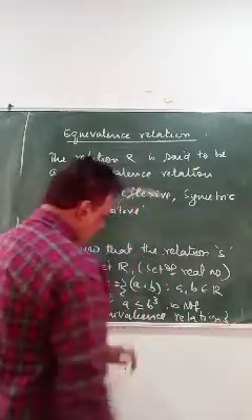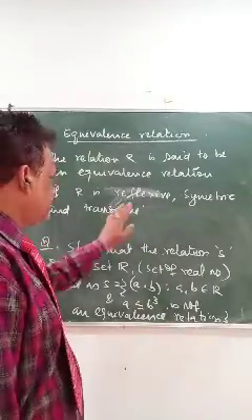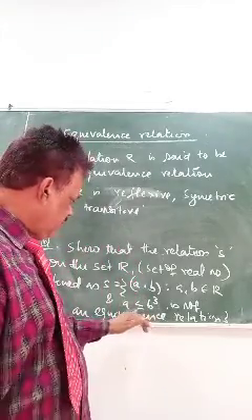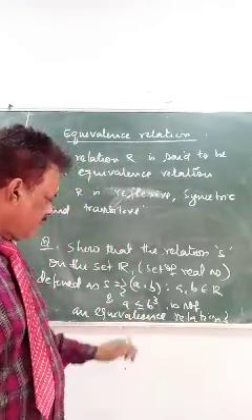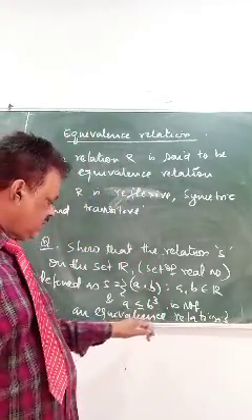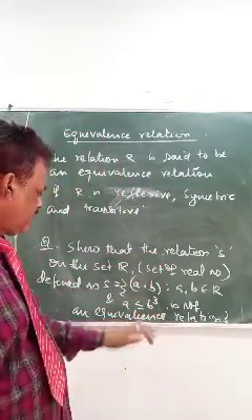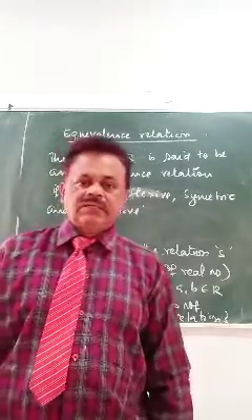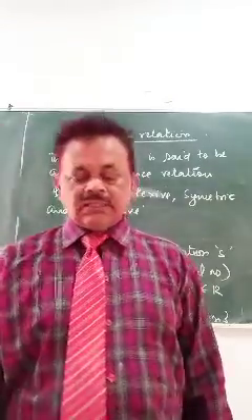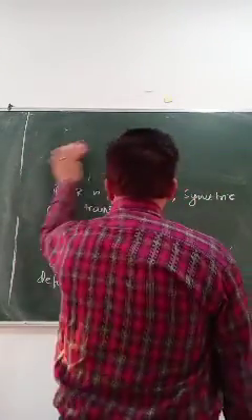Okay, so in an equivalence relation, suppose two are satisfied and one is not satisfied, you can still tell that it is not an equivalence relation. But I'll try to show you that all the three are not satisfied, because sometimes the question may come that it is neither reflexive nor symmetric nor transitive. So all the three parts I will show you. And for an equivalence relation, if any one is not satisfied, then it is called not an equivalence relation.